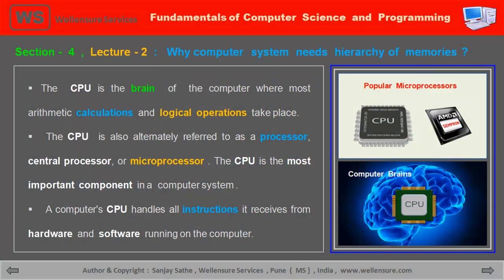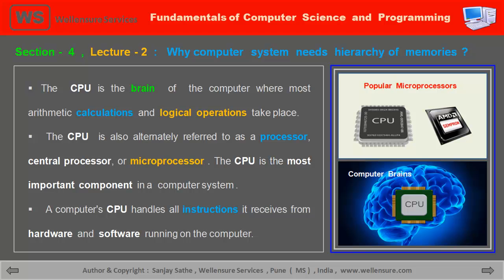The second factor is the size of the main memory, RAM. This is a critically important factor. The most common size of the RAM is in multiples of 4, that is 4 GB, 8 GB, 12 GB and 16 GB. The third factor that affects the performance is the type of the operating system, whether it's a